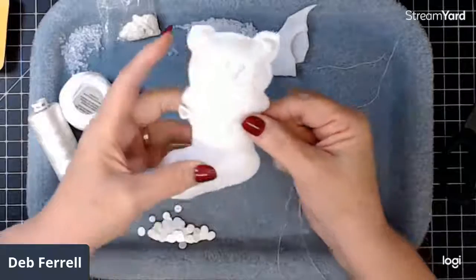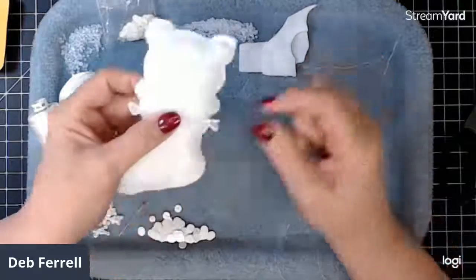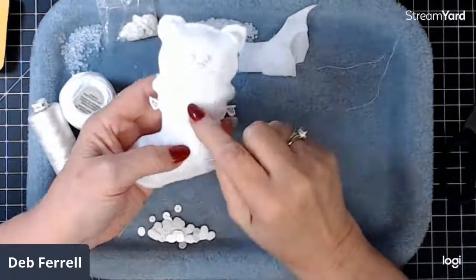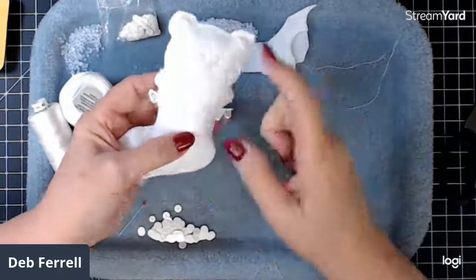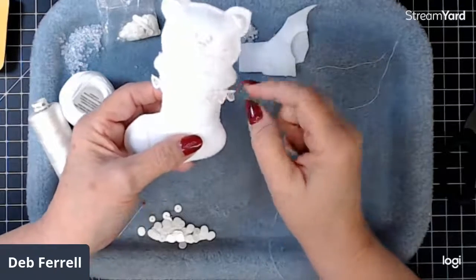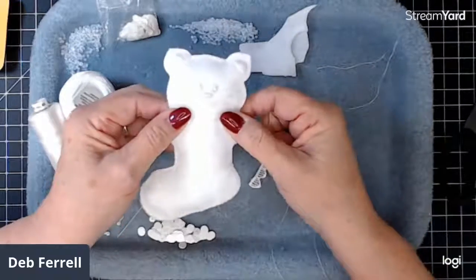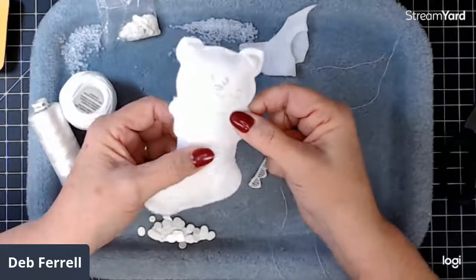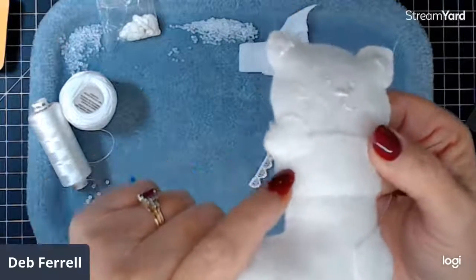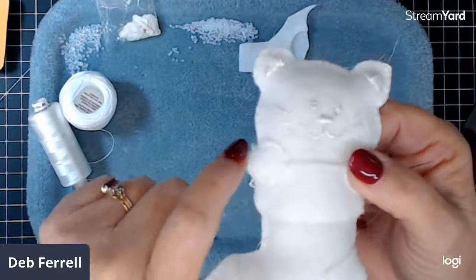Now I could have sewn a lot of these things on before I sewed it together and stuffed it. And some of them I did do that. Like these were connected. This was put on, the paws were put on. Anything I could put on that didn't involve too much on the edge, I went ahead and attached. But most of it, like the paws, I think I actually put the paws on after the sock was on here. Because when I'm stitching it on, I want to be able to go all the way around the paw